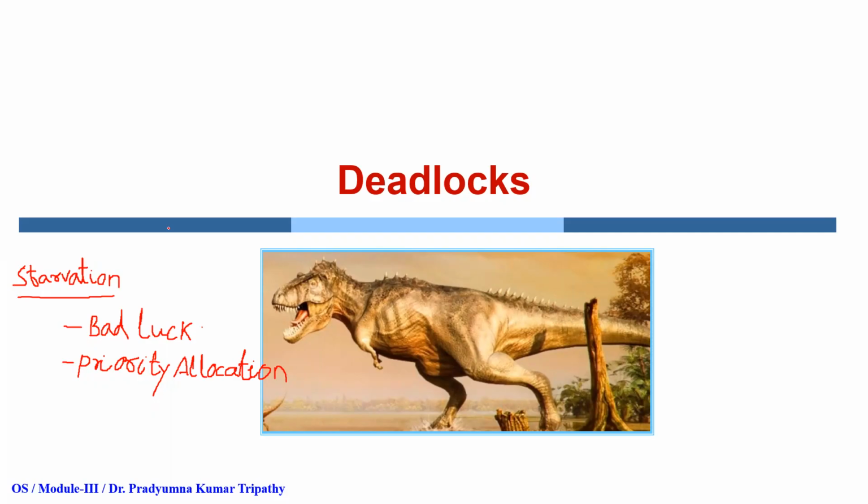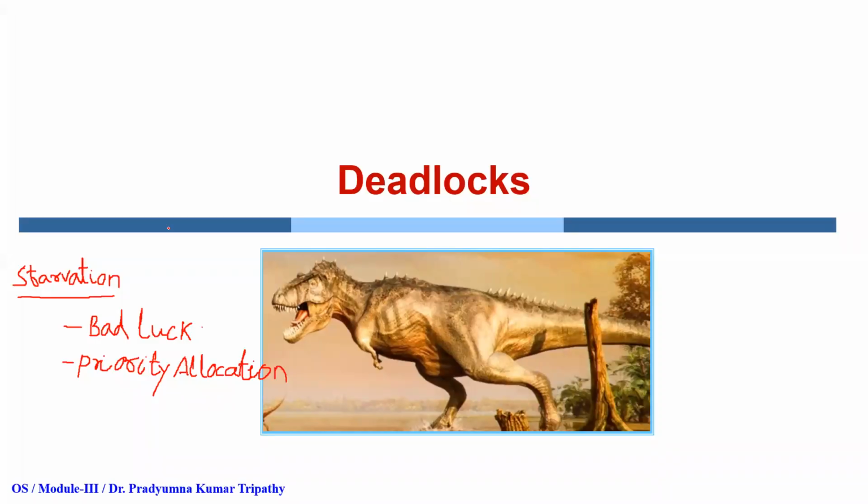But deadlock is a situation in which the processes are in a circular queue waiting for each other, and none of them can continue indefinitely. If you would leave them like that, they will never continue. Correct? In starvation, the process is waiting. Some other process may make a request and get it, or some bad luck or priority allocation will occur. The process may not get it, but we cannot say the process will never get it. But in deadlock, if the same situation occurs and all are waiting for each other, then they will never continue.